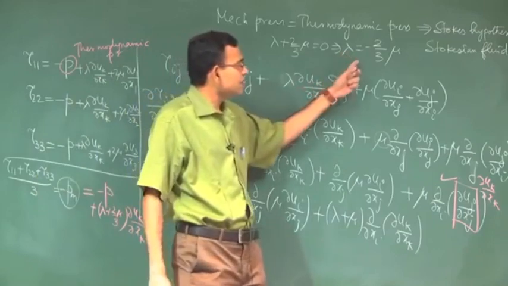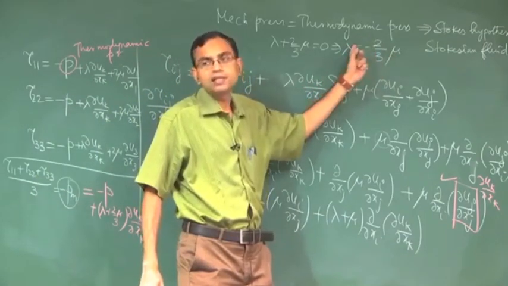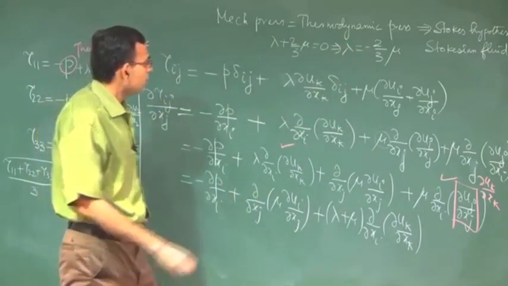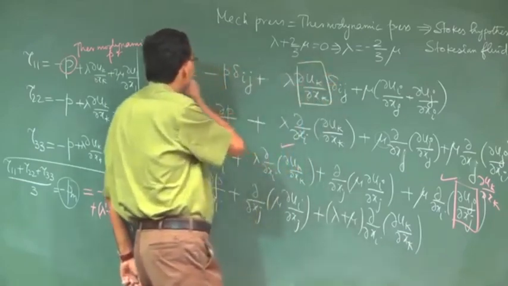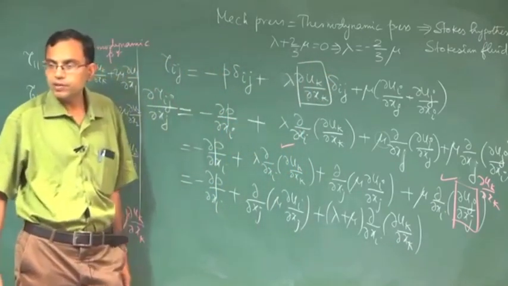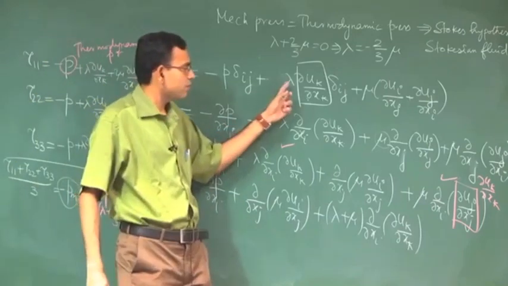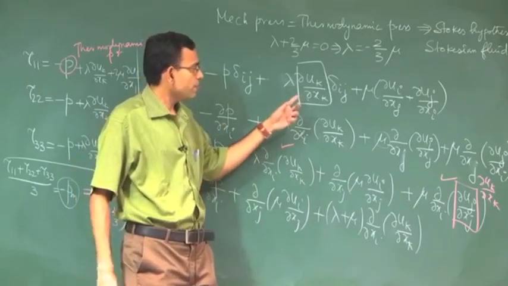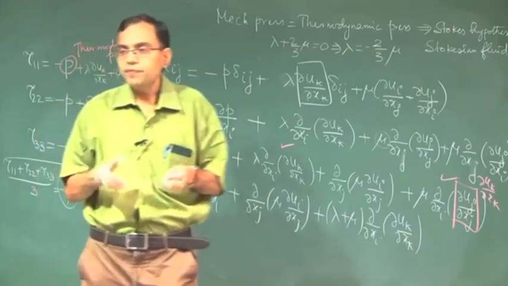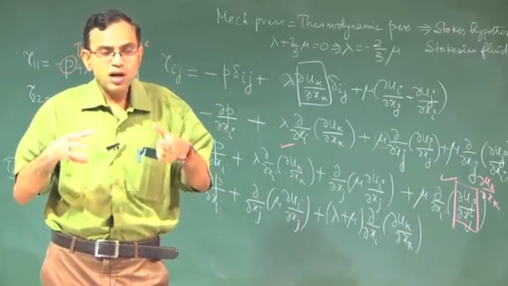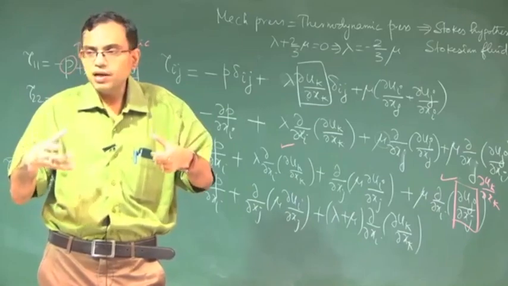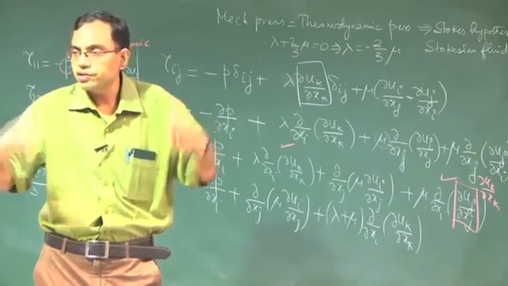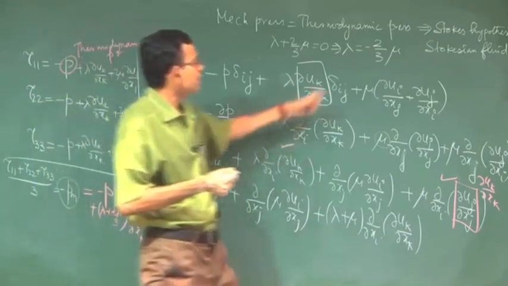The other interesting thing is that because mu is positive, lambda is negative. So, what is the physical implication of lambda negative? If you have this as positive, then the corresponding part of the stress is negative. Why? Because lambda is negative, that negative into positive will make that component negative. So, the physical implication is that if you have a fluid element which is already expanding or stretching, then the incremental stress to stretch it further is negative. That is the physical implication of negative lambda.